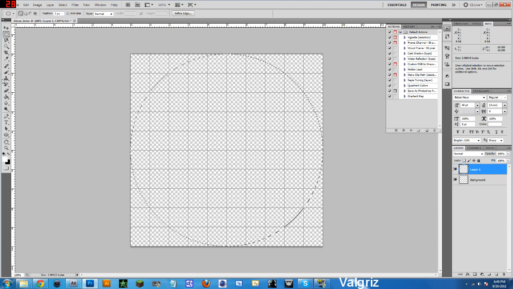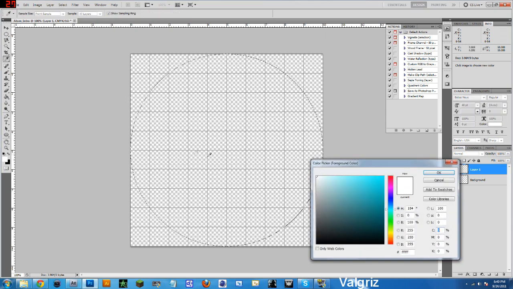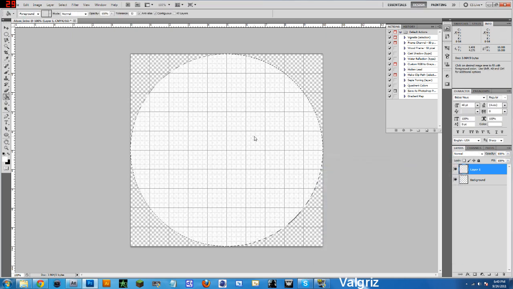You are now going to go to this little paint bucket tool or fill tool. If this looks like a gradient tool, same deal with the elliptical marquee. Just hold it in until you get the paint bucket tool. Now make sure that your first color is white, okay? And now fill that in, and now you're going to have this. Now that you have one circle, the next thing you're going to do